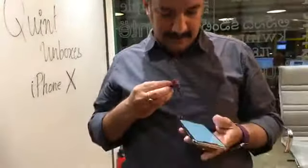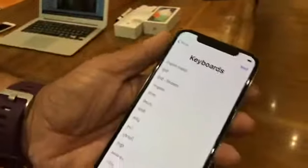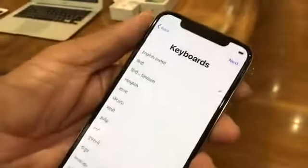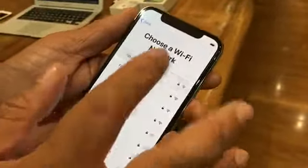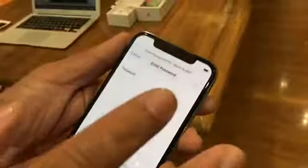So just to complete the unboxing of the phone, I pulled it out of the box and it said hello, and then after that you come to the keyboards thing. We selected India language. Next, choose a Wi-Fi network. Okay, we're going to get into our office Wi-Fi network. I'm not going to show you the password, so let me just...